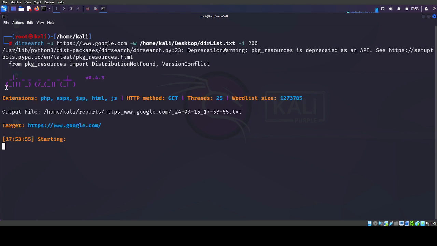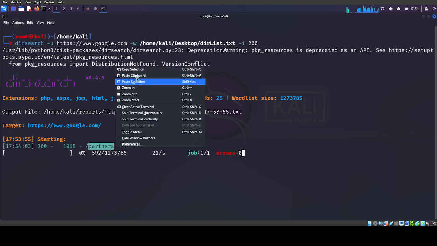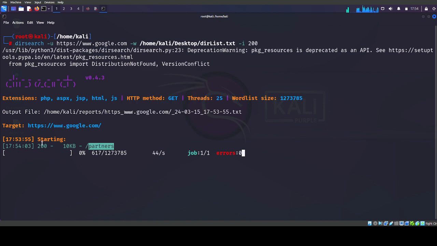Alright, so now I'm running it. As you can see, I got over 1 million words here. It's close to 500, or over 500 now that it's used, and it's returned partners. So that's good. You see the status code again, right? So all the other words are probably coming back as 303, or let me see,